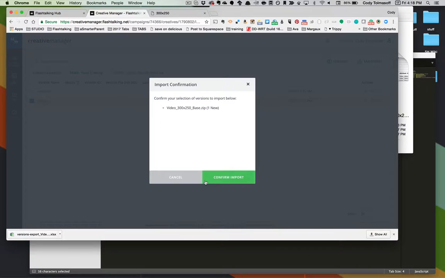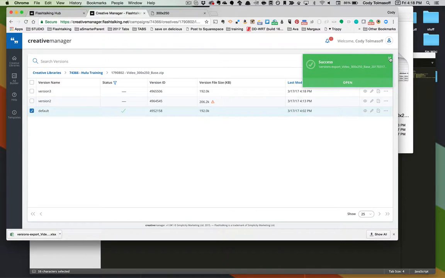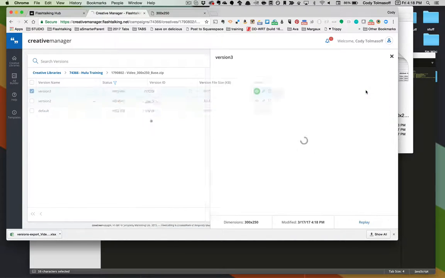I'm going to click next, and I'm going to confirm the import of this one new version. And it'll just take a moment, but it'll show up here as version 3. Here we go. I can click open if I want to see it there, but I can see that version 3 here is here also,